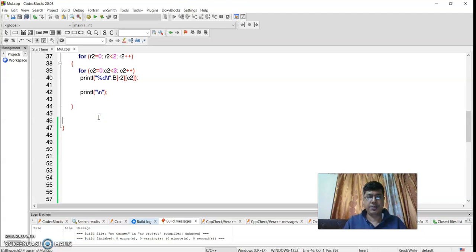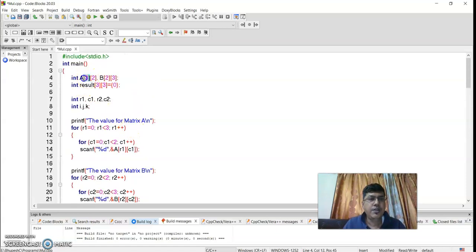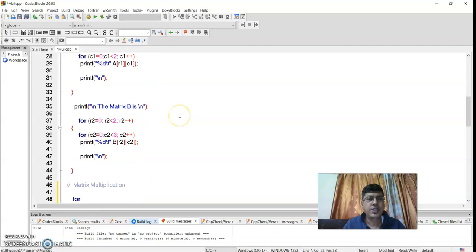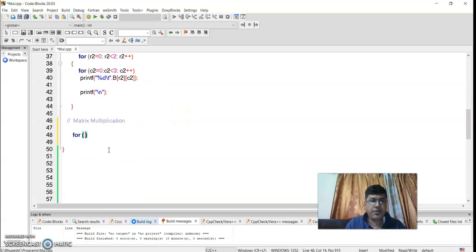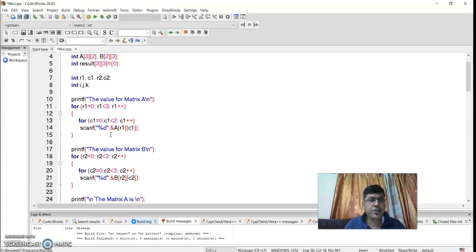Now how are we going to start the multiplication? I will put a comment, matrix multiplication. Now what will be the size of my result matrix? It will be 3 cross 3, because if you see, A is 3 2 and B is 2 3. So the resulting matrix will be 3 cross 3. So I said for r1 equal to 0, r1 less than 3, r1 plus plus. And then, otherwise, let us not put this, let us put